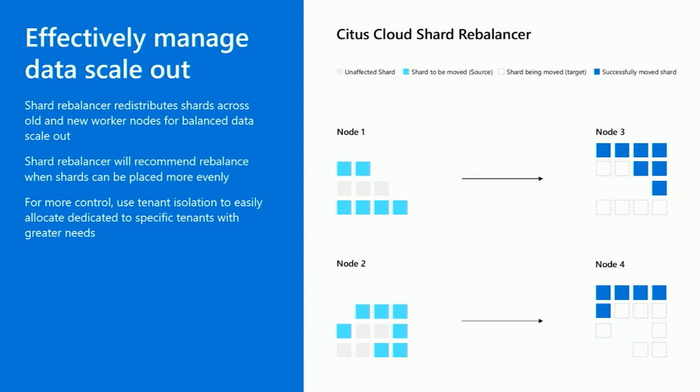Next is about scalability. Along with this, Citus also has the ability to add more worker nodes, increase your horsepower, and then rebalance the data, all in an online way. So just to reiterate, the horizontal scalability piece is all online. You don't need to take any downtime with respect to reads and writes while the horizontal scalability is kicking in. So this is how we solve the scalability problem.